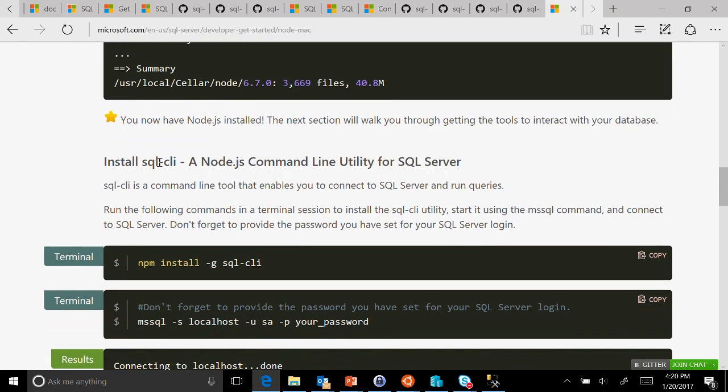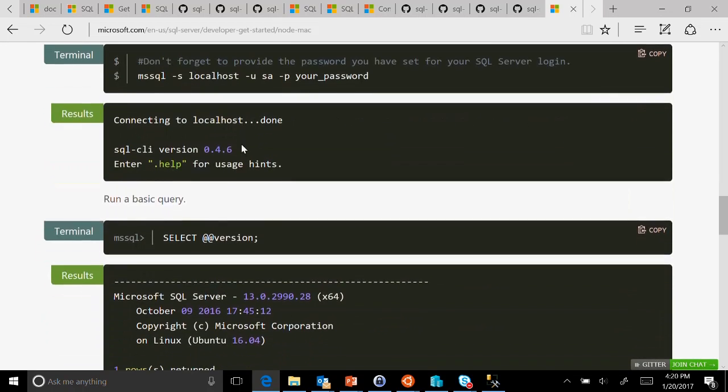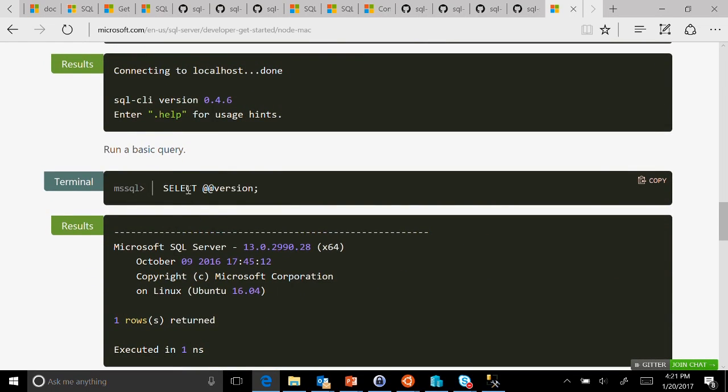We have a SQL CLI tool on the Mac for Node that you can use, like SQLCMD, to connect to SQL Server from a Mac using JavaScript. You install that, and then here you are. You can connect and select the version. So now you have SQL connectivity using Node, using a JavaScript connectivity tool on a Mac, and you can query your SQL Server.